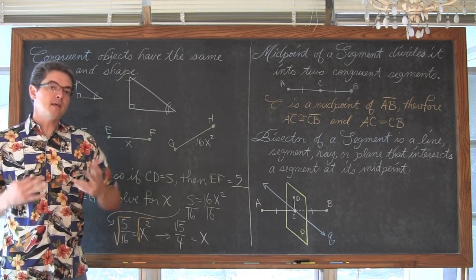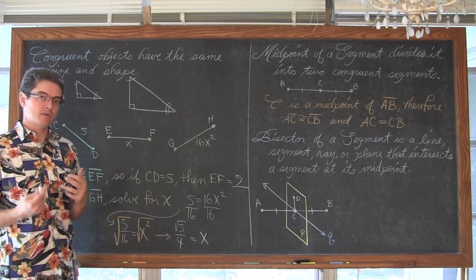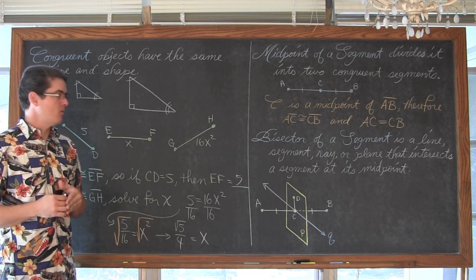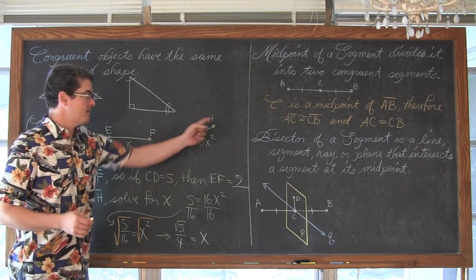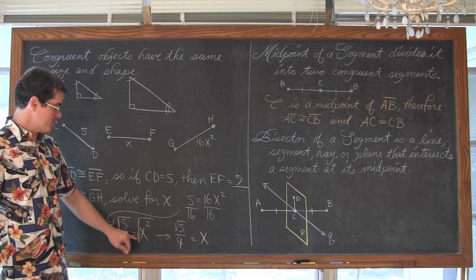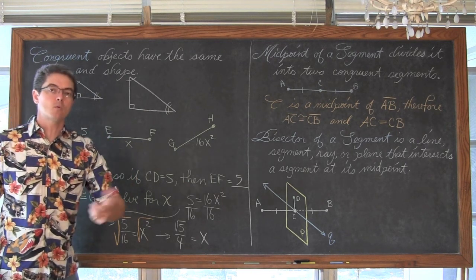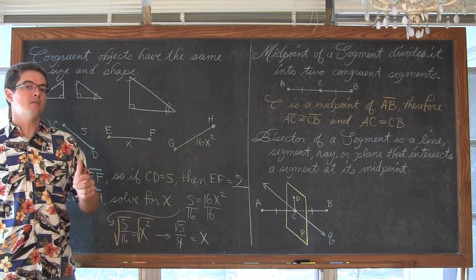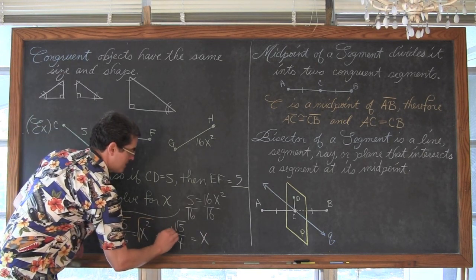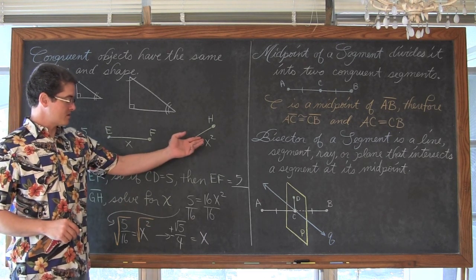If we were looking for the length of the segment, we would have to be held accountable to just using the positive answer, because there is no such thing as a length that is negative, at least not in measurement. But we weren't asked to solve for the length of GH. We already knew that was 5 anyway. We're solving for X. Now, when you introduce your own even root to an equation, in this case the square root, you need to account for both the positive and the negative answer. So it's not just square root of 5 over 4, but it's plus or minus square root of 5 over 4. And then, of course, you want to make sure that this works.